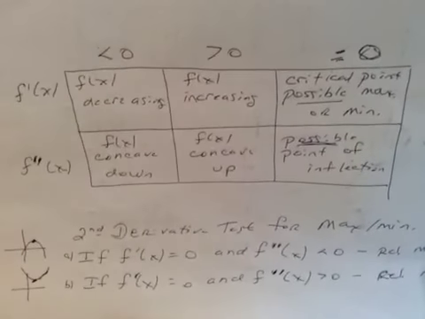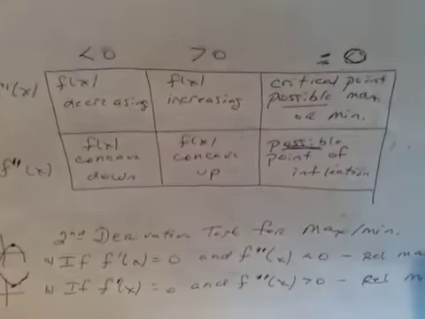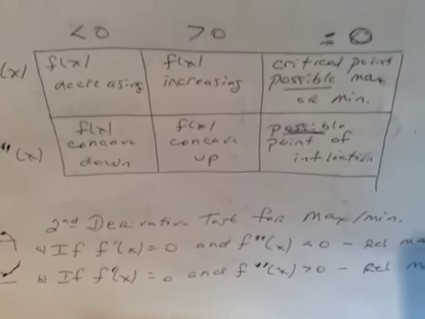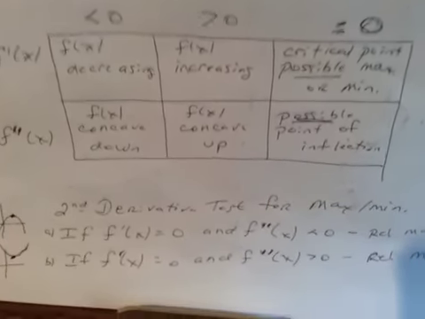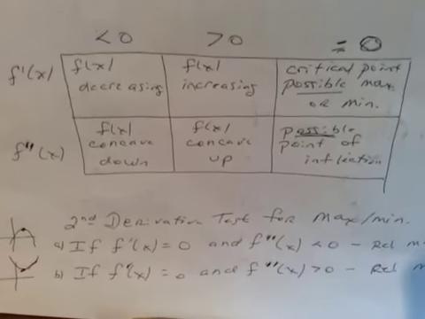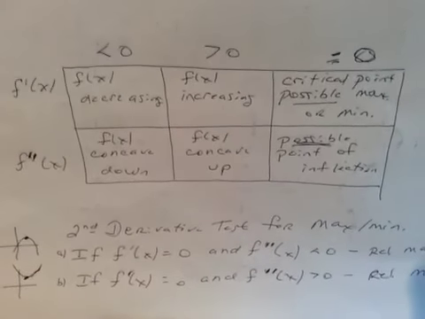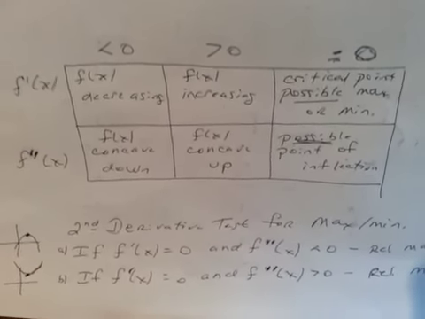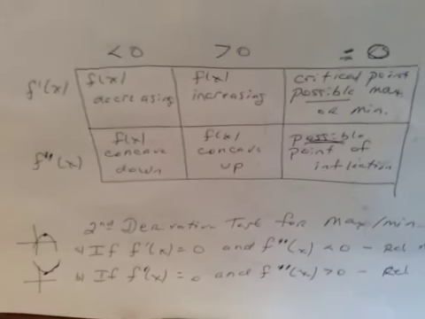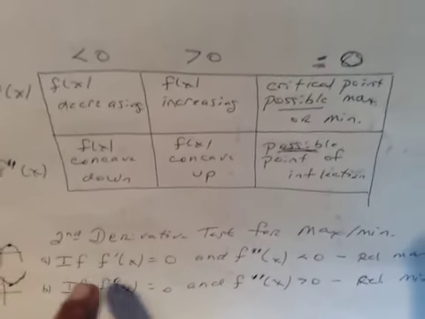Okay, also something that's in section 4. Something called the second derivative test for maximums and minimums. And it is in your text. I don't know the page. If I flip to the page, I'll move this iPad all over the place. But it is in there. If, two conditions here, if the derivative